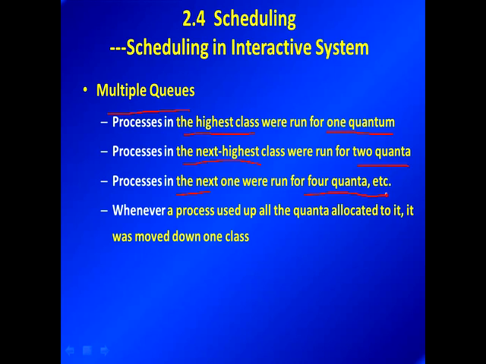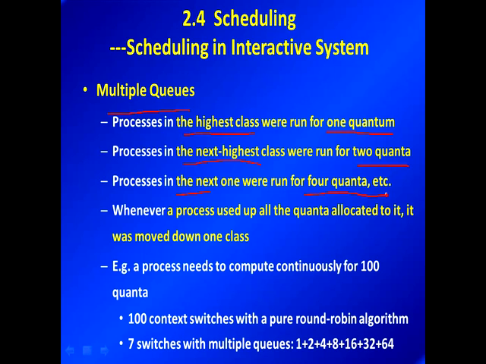With this algorithm, you can see if a process just needs to run for a couple or only a few instructions to handle some I/O operations, for example, if this is an I/O bounded process, it's very suitable for these kinds of I/O bounded processes to run in the system